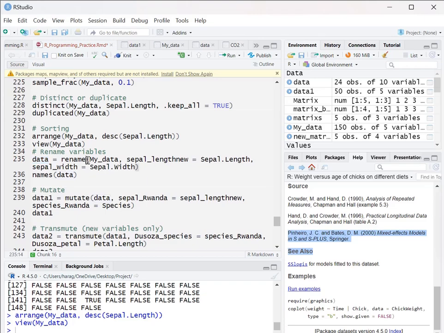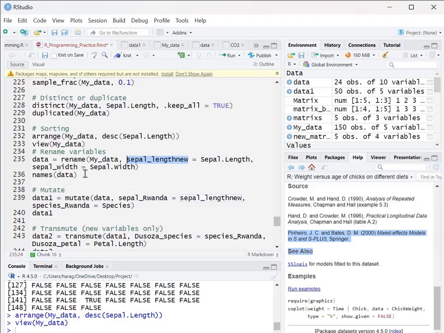I put rename and then open bracket, I put the name of dataset that I'm going to look for, and I put comma, I put the new variable that I want to assign to replace the existing one. I put the new variable and then equal the old variable,